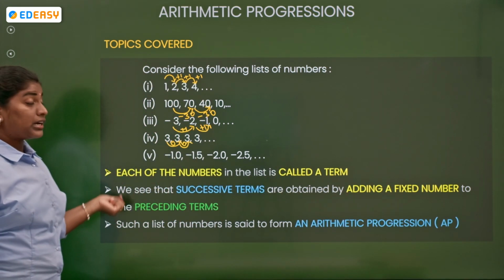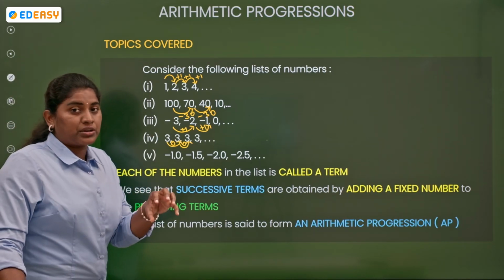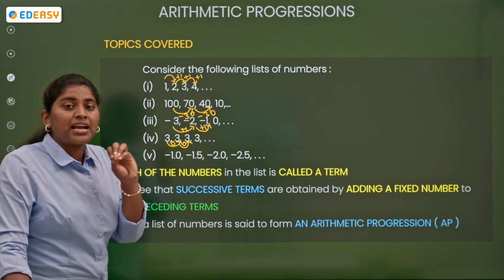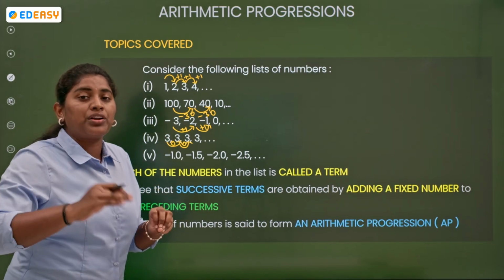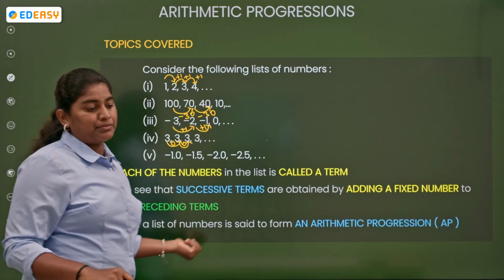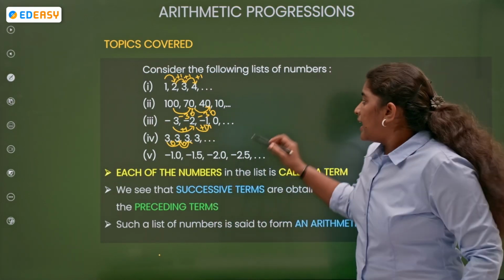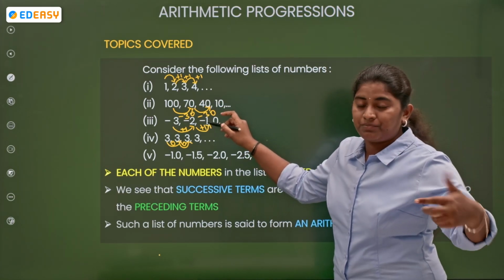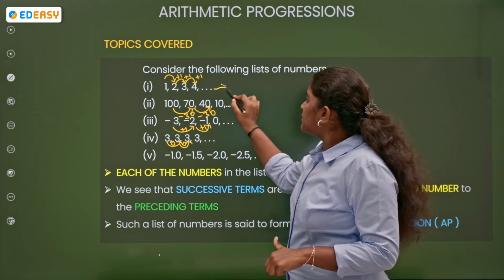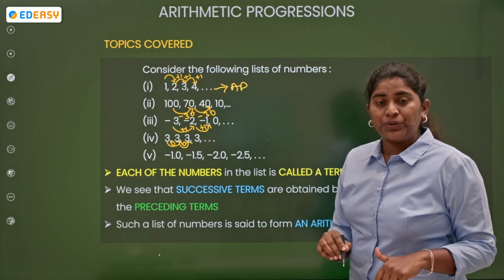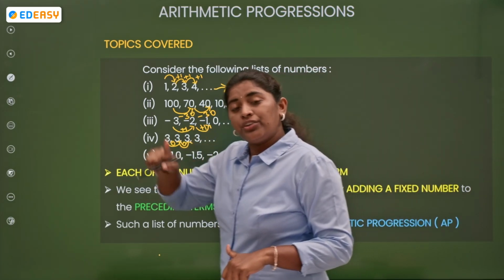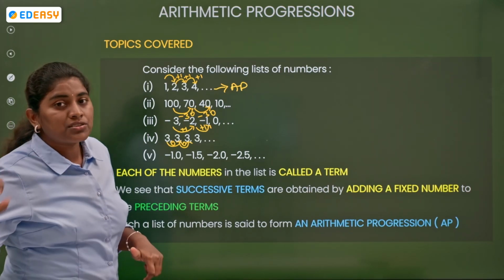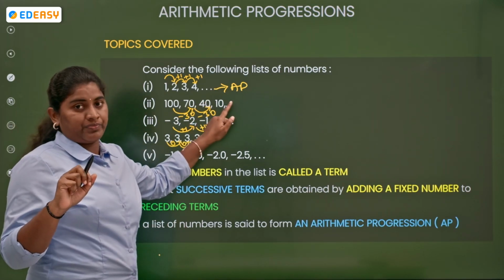Now, what about the arithmetic progression? In a list of numbers, if the addition or the subtraction of a number is the same value for all the numbers, then it becomes an arithmetic progression. Simply, in the first list of numbers, I am adding the same number to my preceding numbers to get the successive ones, so this will form an AP. Understood? If you go on adding the same number to the preceding terms in order to get the successive terms, then it forms an AP, right?